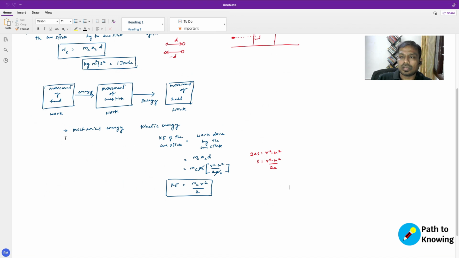We started with saying that this whole energy is a mechanical energy, and to be precise, we called it kinetic energy because this is the energy that it acquired by virtue of motion. But there must be some other aspect. If I'm calling this a part of the mechanical energy of the object, there must be some other aspect to it as well, right? So let's understand that. This formula quantifies the energy of an object by virtue of its motion. Let's consider a scenario where you have